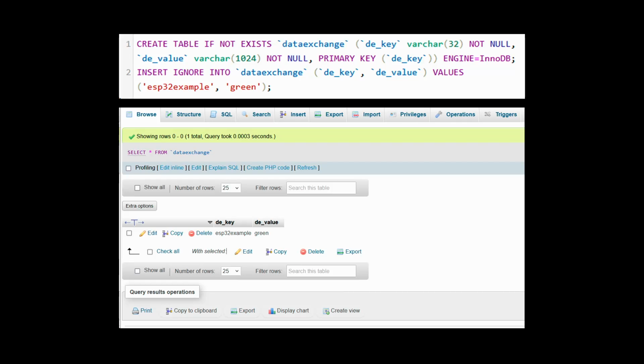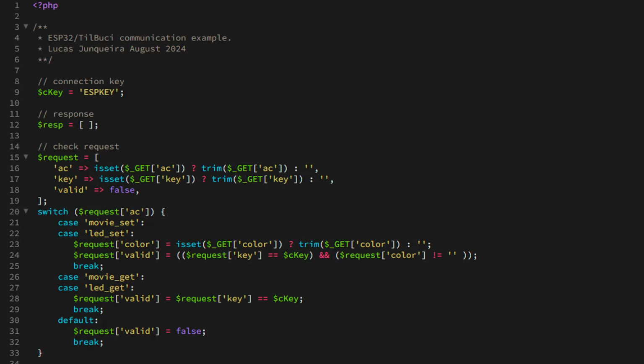First, let's create the color record. To do this, we'll use a simple database table. The query to create this table is in the downloadable file in the description of this video. The communication will be done from a PHP script on our server. The principle is simple. When queried, it can change the registered color and returns the current value. The full script is available in the downloadable file in the description below. We will come back to it when necessary in this video.